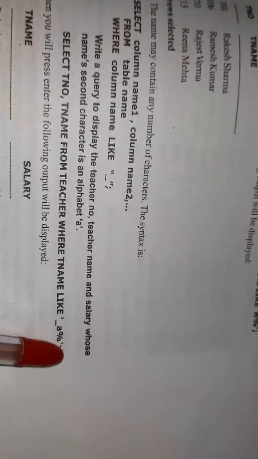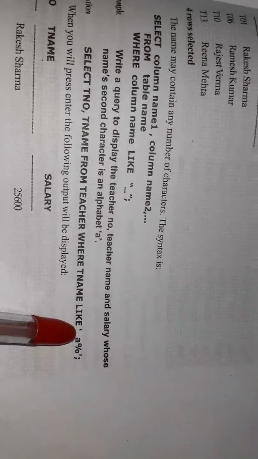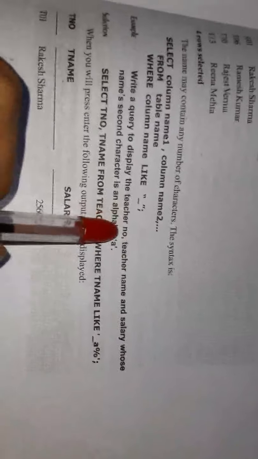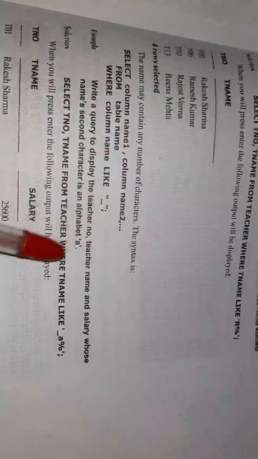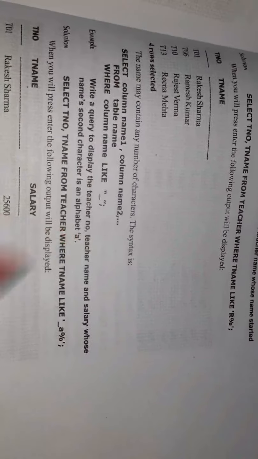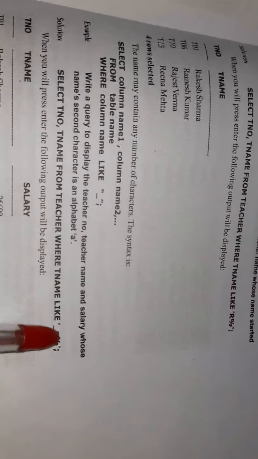See, select t_number, t_name from teacher where t_name, since the teacher name is situated in the t_name column, like, and as you can see again you're using the single quote. So underscore for the first alphabet, because we do not know what the first alphabet is. In the earlier case we knew the first alphabet starts with R, that's why R was written there. But in this case we do not know what the first alphabet should be. The only thing we know is that the second alphabet should be A,